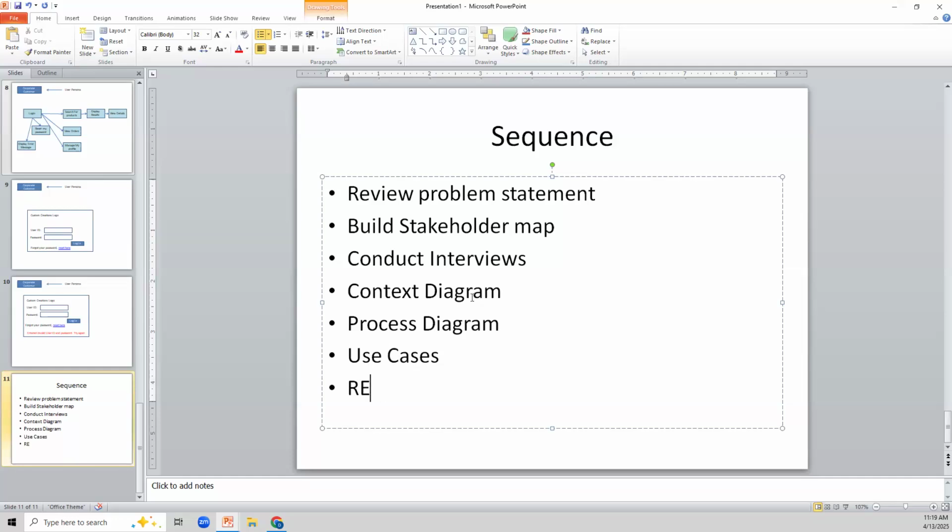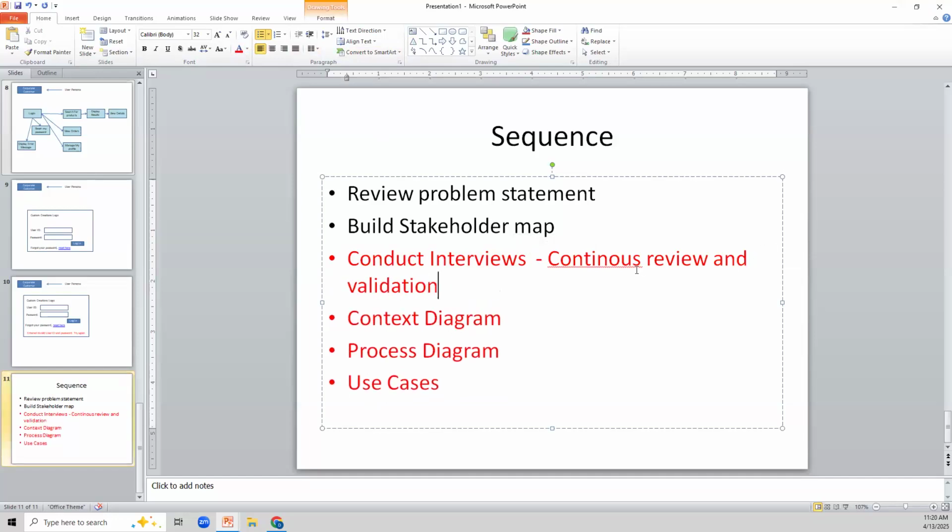Again, as you go through it, you review information. I'll put it along the way. When you did all these 4 activities, you do a continuous review, validation: hey, is this information right? Is this wrong? While you were drawing the process diagram, you were reviewing with Herschel and asking, is my understanding of the process right? He gave feedback, you adjusted the process diagram, and so on. Once you did the use cases,